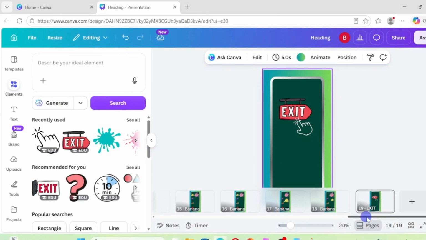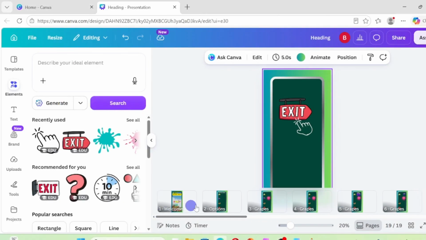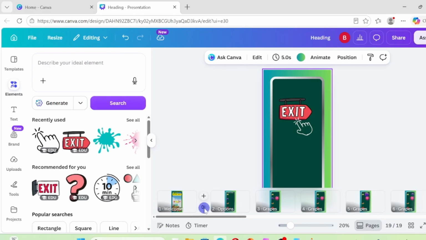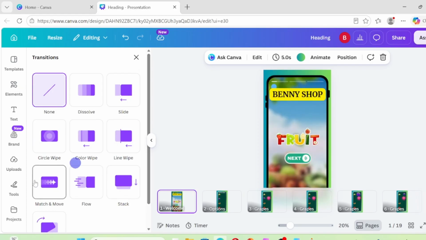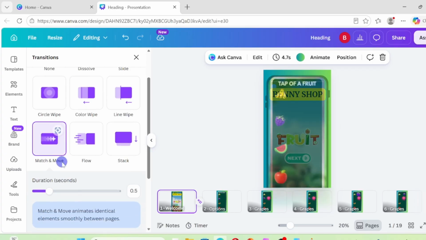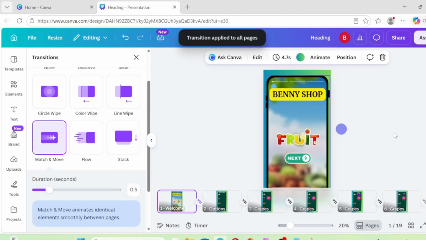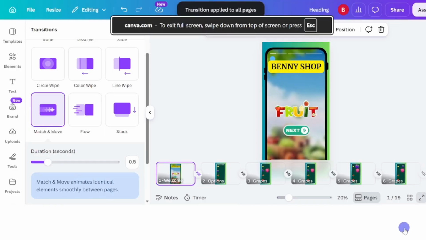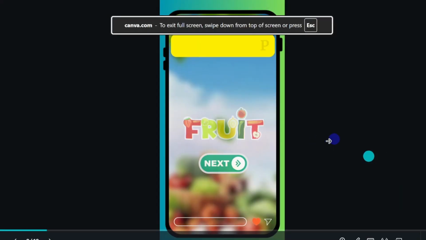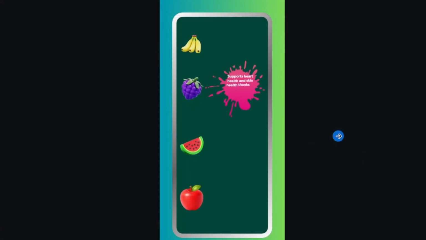Now, the next thing we're going to do is to add transitions. So we click right in between these two pages, click on it, and then click on add transitions. It's going to open right here, and we're going to use the match and move feature. So click match and move, scroll down and click on apply between all pages. So you're going to see this sign in all of these pages when I click it. Now you see that. If we go back to check, now you can see that when I click it, now you can see